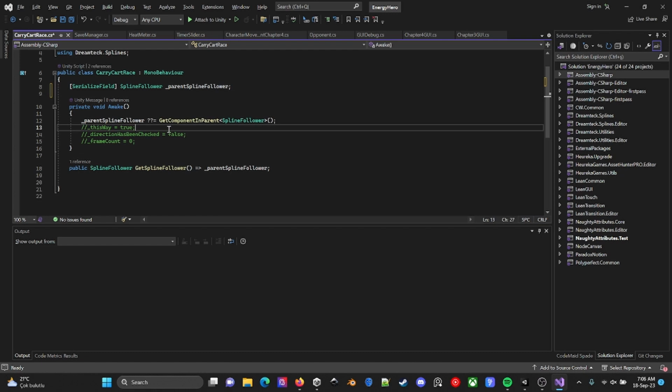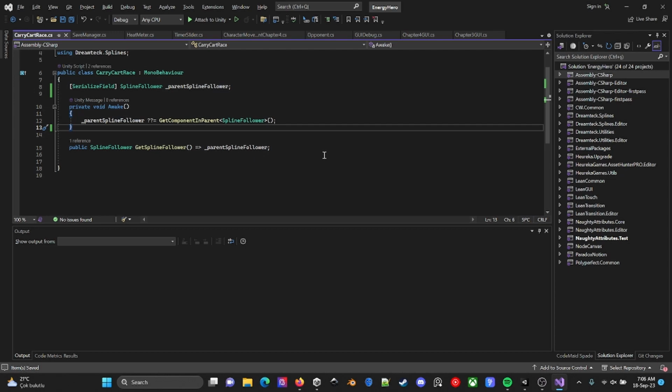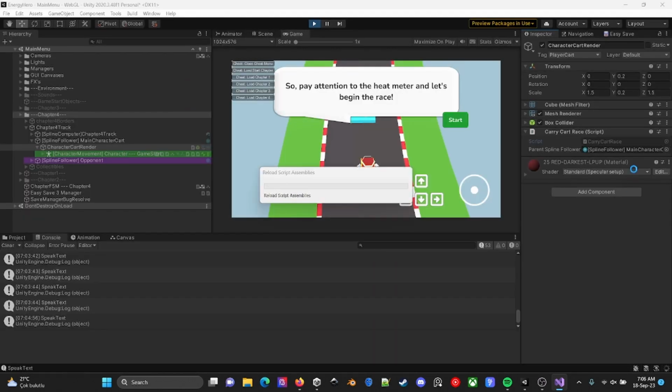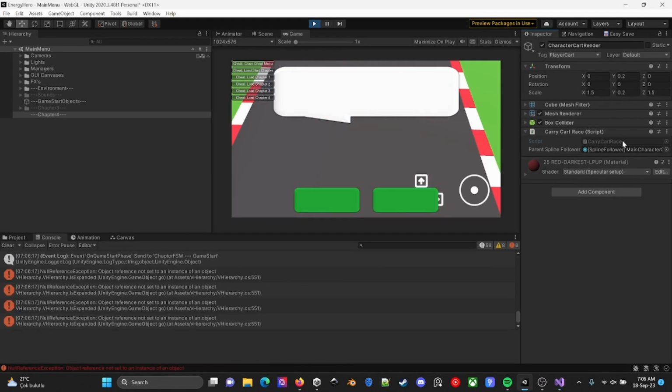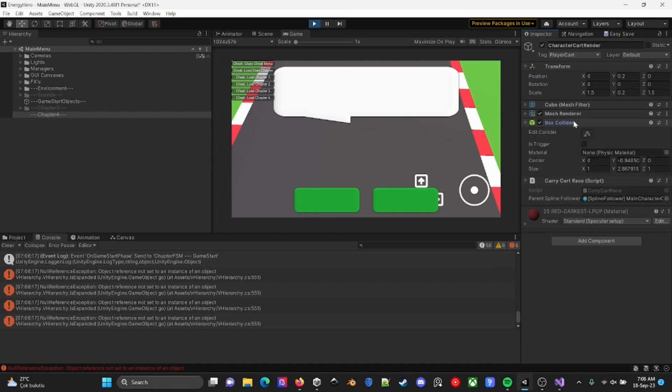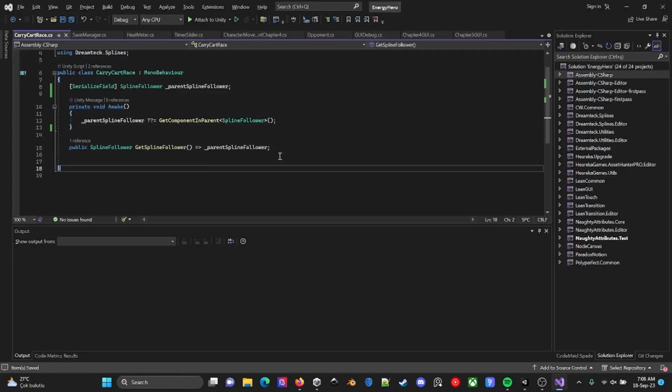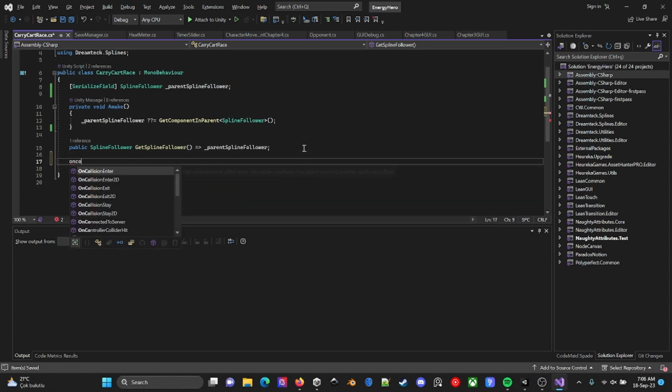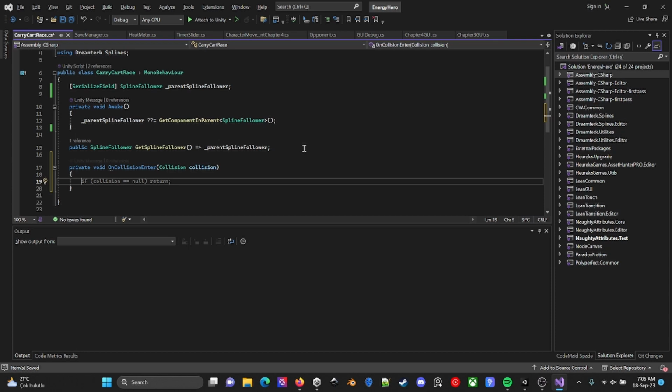This is my carry kart race. Just remove these comments and get blind follower. Carry kart race. This can be responsible for the collisions, I guess, and let's just add an on collision answer.